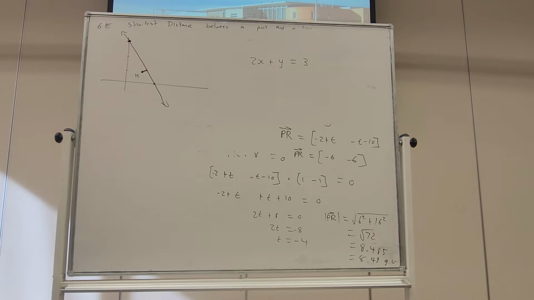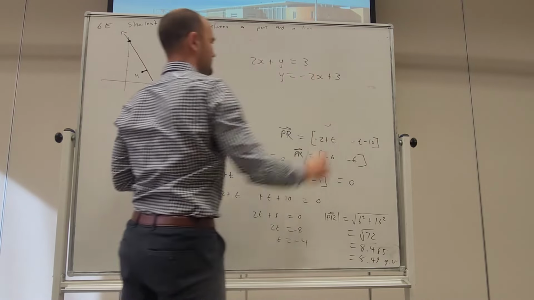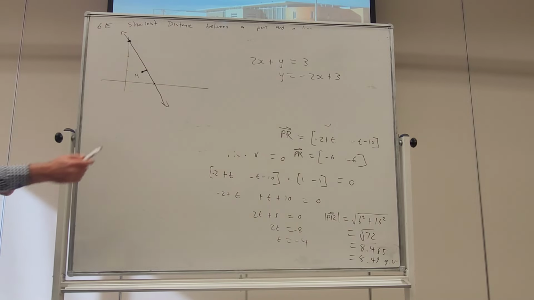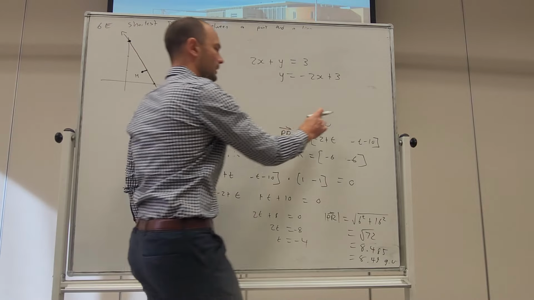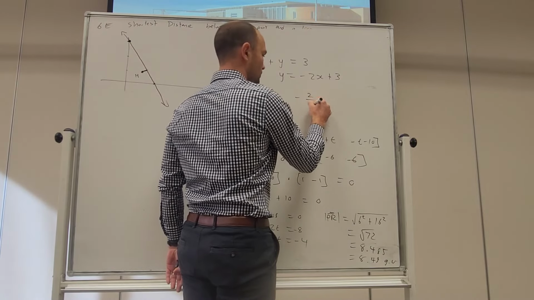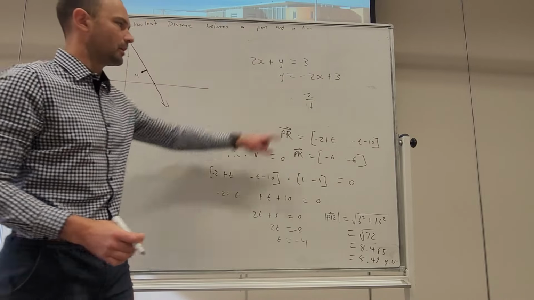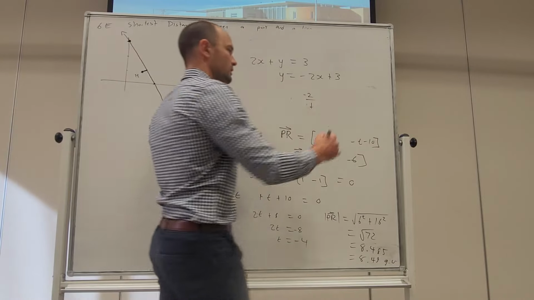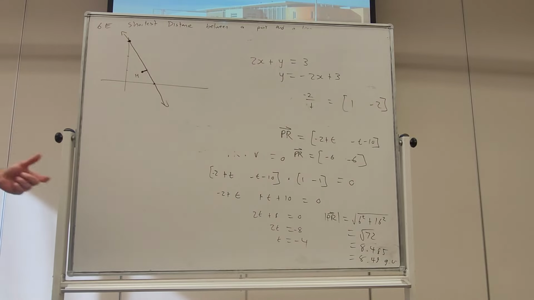How can we describe this line in vector form? If you think of this line, you can think of it in y-intercept form or general form. It has a slope of minus 2. It's going across 1, down 2, across 1, down 2. So this is the slope, minus 2 on top of 1. Across 1, down 2. So as a vector, across 1, down 2. That's the direction vector of the road. So that's our road, and then it passes through